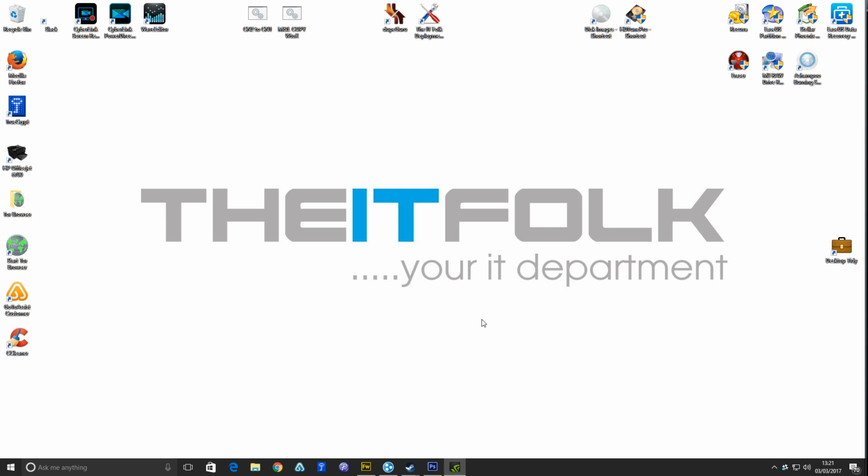Now, what I will say is this will not help you get rid of the very nasty ransomware cryptography virus that's going around at the moment. That is a very brutal virus. What that does when it gets onto your machine, it encrypts all of your personal files, and the only way to decrypt those files is by having access to the original password that the scammers have used to encrypt in the first place. The only way you can get that is by paying the ransom, and even then you're unlikely